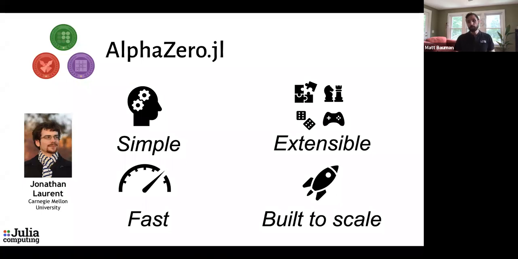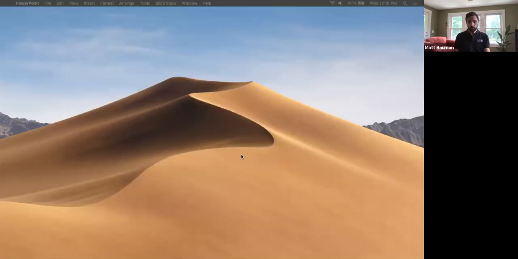And then lastly, and most importantly, the algorithm itself is built to exploit distributed compute when it's available, and in particular, distributed compute on GPUs. So let's take a look at what this looks like, right? I can talk about this all day at a high level, but the fun part is, of course, to look at it and find it online and poke around with it. So let's go to